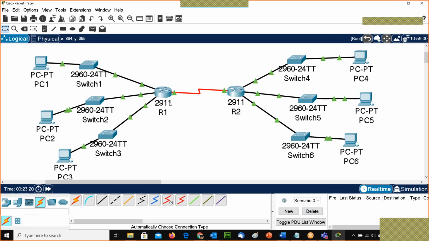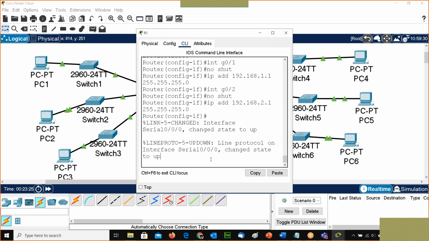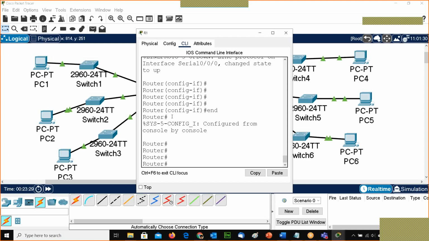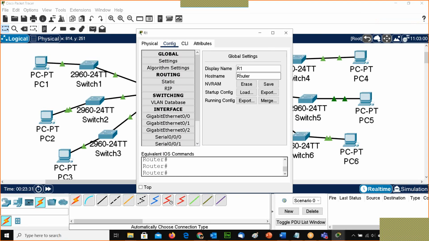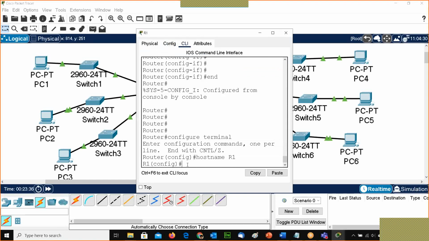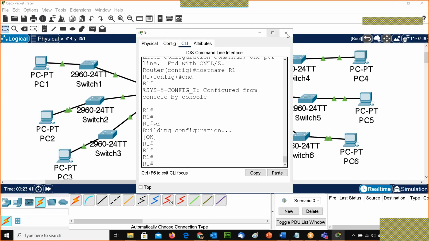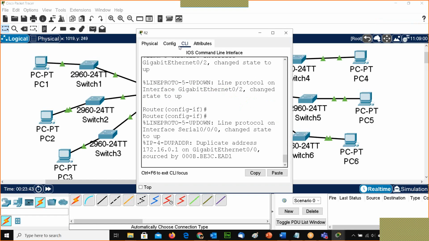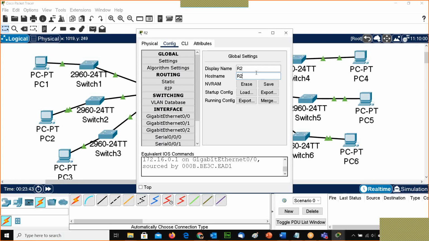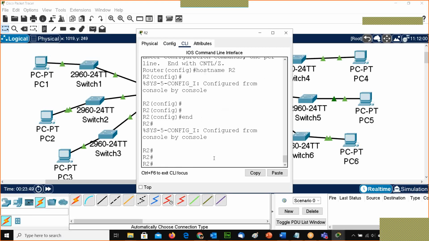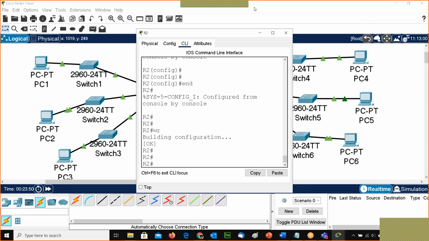In this case, what I am going to do is save this configuration. This is the basic configuration. Now I have saved it.